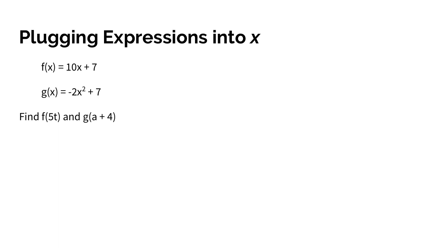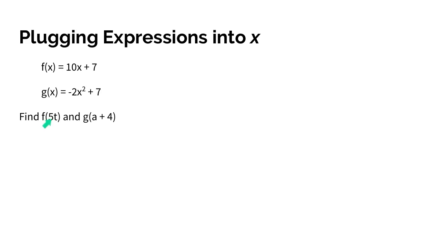A previous video focused on functions and plugging values in and inputs and outputs, but this particular video is going to focus more specifically on what happens when we plug an expression in for x. So that'd be like 5t. So instead of just a 7 or a 5 or an x, you're plugging 5t in, or a plus 4. And so that requires just a little bit more order of operations, but essentially it requires the same thought process